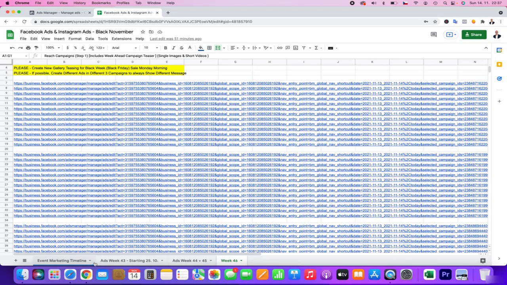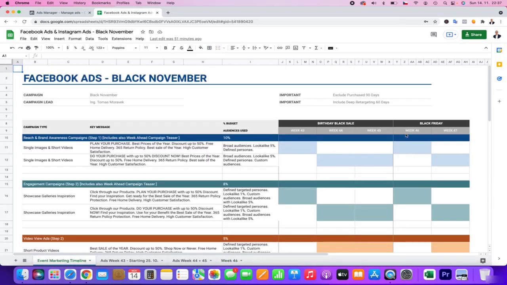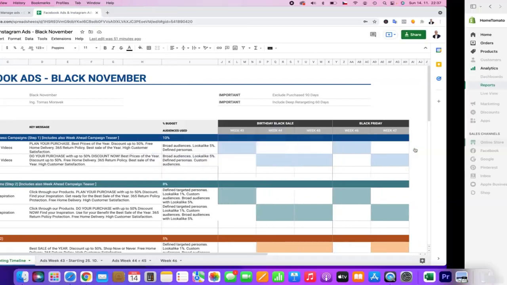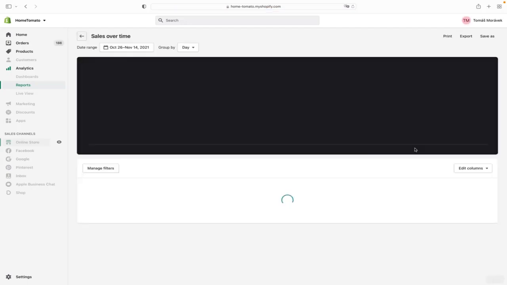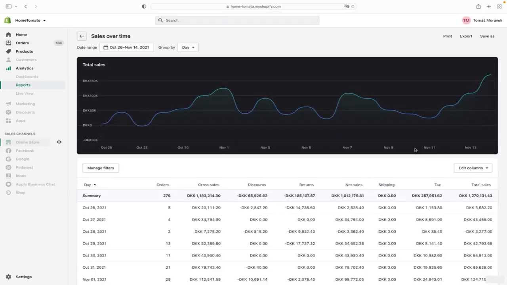For week 46, starting on Monday, we will be reaching out again and also doing some decent engagement, so people can get ready and excited for Black Friday, because they have it really coded in the mind that it's the best sale ever. But basically this Black November, Black Birthday campaign before Black Friday was a real success, and I am really, really grateful.